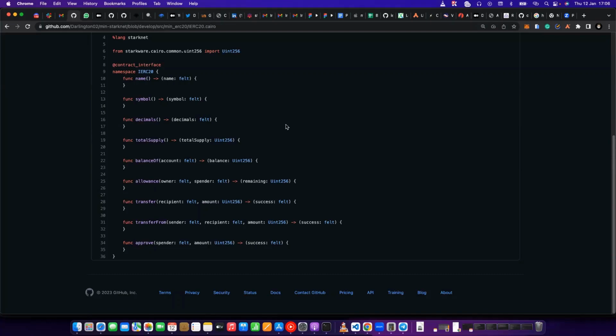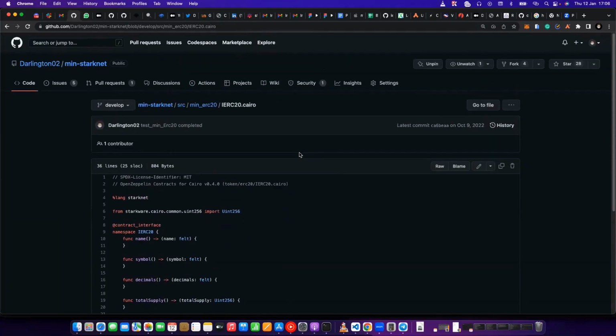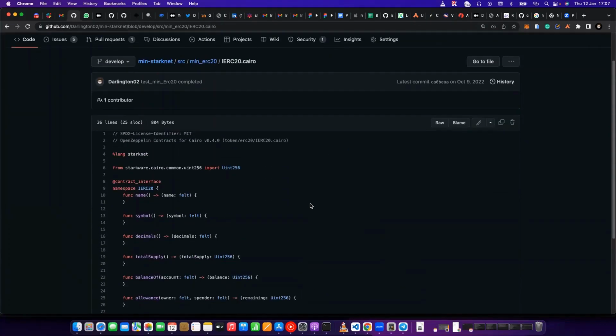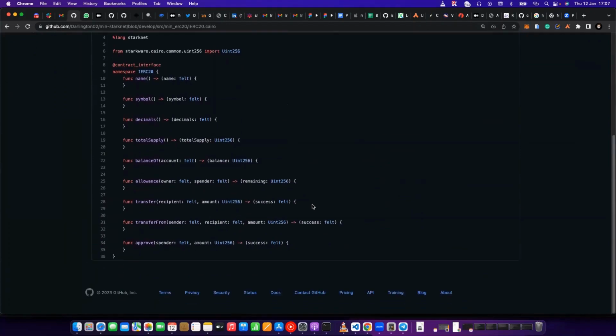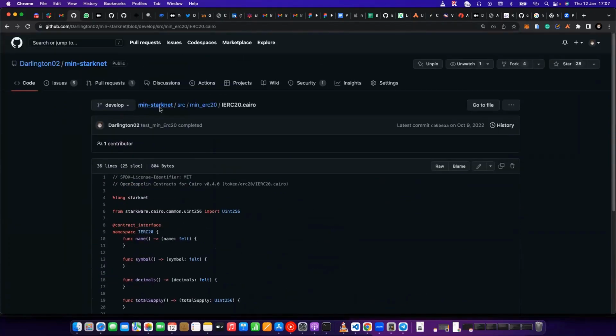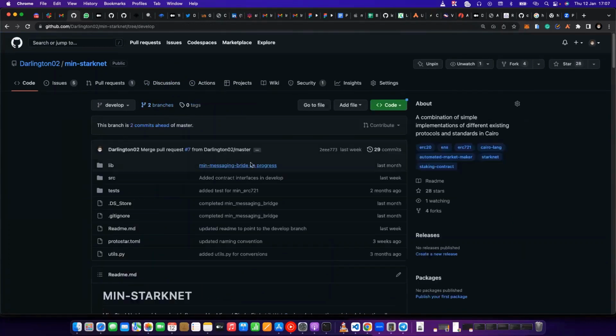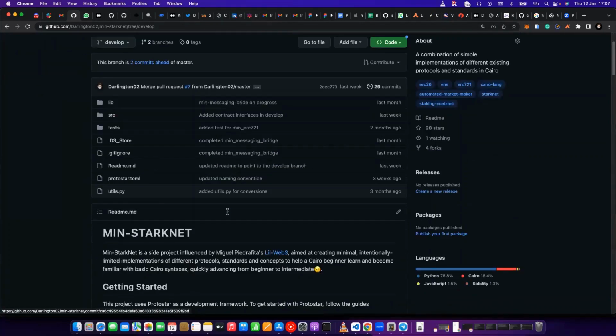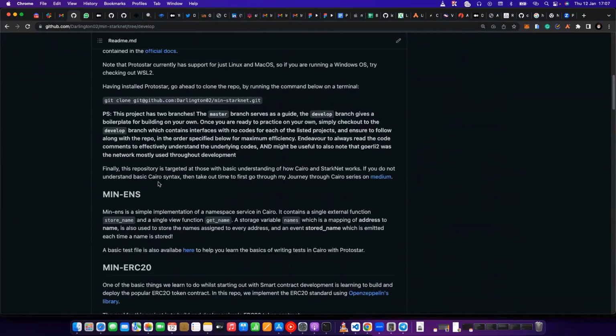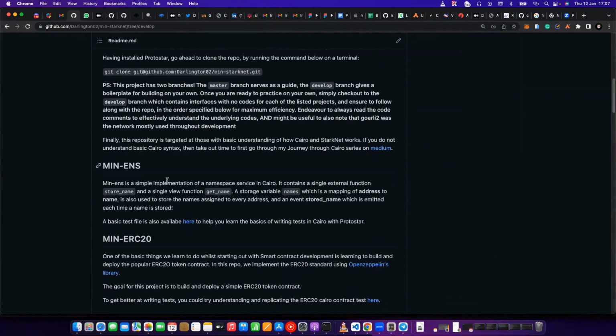So I think we're going to be trying to apply a model that works, something that will probably help you along the way if you are looking to build on your own. So this is the develop branch, right? As you can see here,